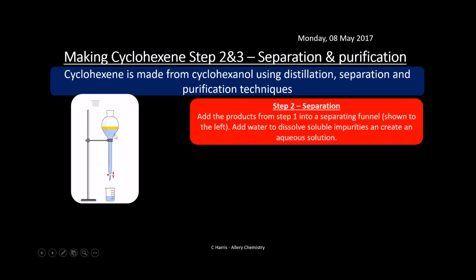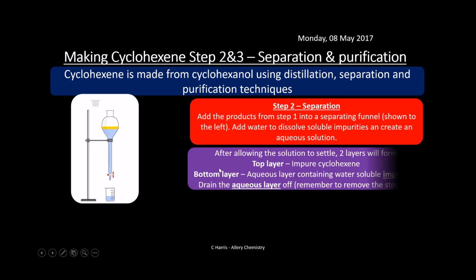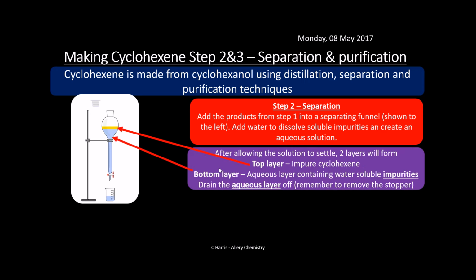Okay, so adding this in here, some of the soluble impurities will dissolve in here, and we're left with our valuable product, the bit that we want, which is cyclohexene. We want that separately. Okay, so let's have a look. So after allowing the solution to settle, we get 2 layers, like I say. So we get the cyclohexene layer. This is the top layer. This is impure. Remember, we've still got some impurities in here, but any of the soluble impurities will be dissolved